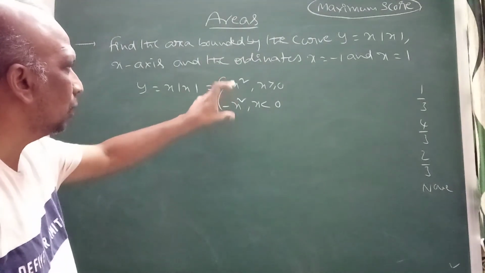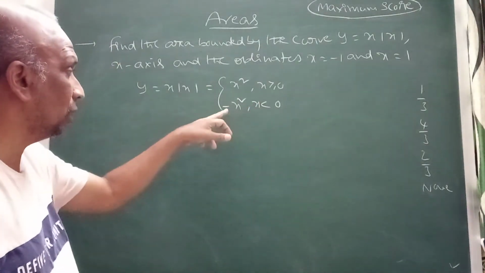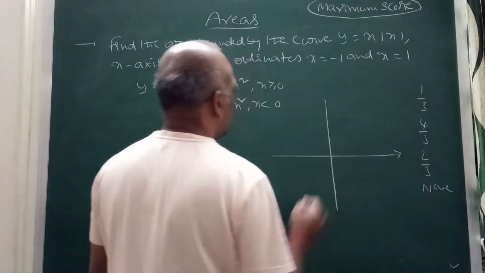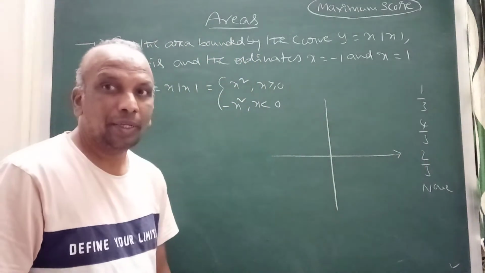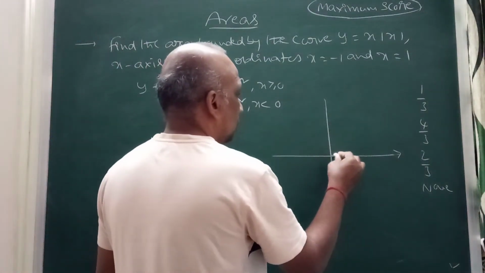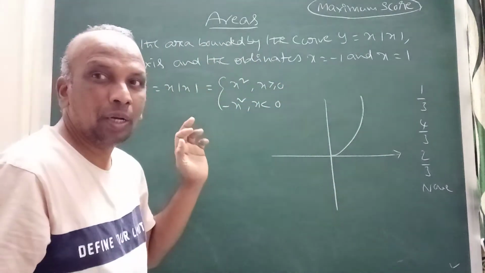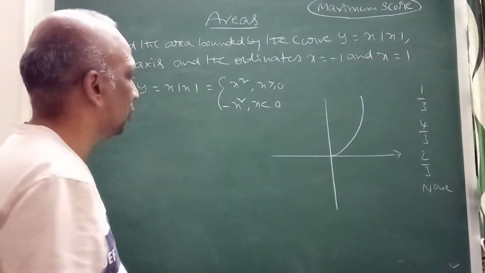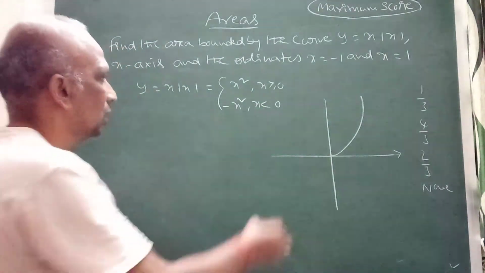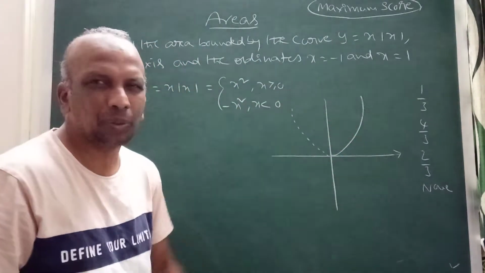So both you can observe here, this is the parabola shape, right? For x positive, a part of the parabola. For x less than 0, a part of the parabola. Just think about that. If you draw the graph of y equal to x square, x greater than or equal to 0: generally y equal to x square means you get a curve like this, right? This is when there is no condition. With the condition, it will come like this, the parabola. This part I didn't take, right? This is y equal to x square, but we want only x greater than or equal to 0, that part.